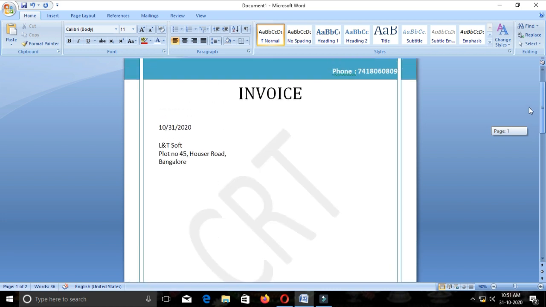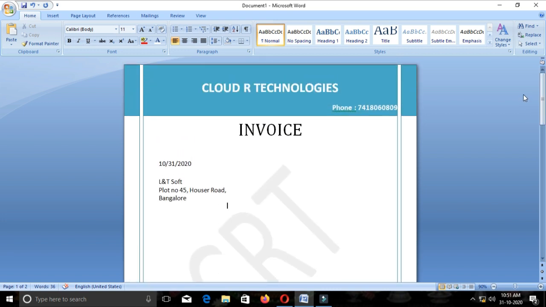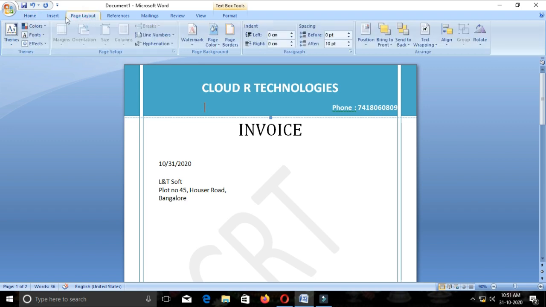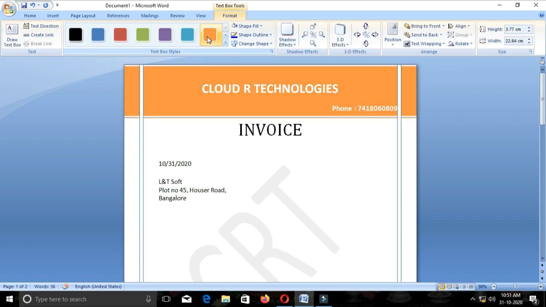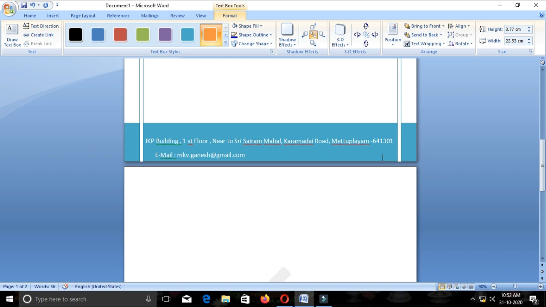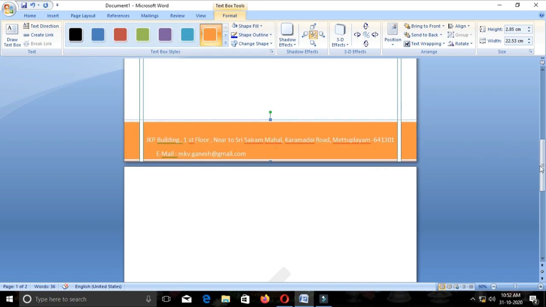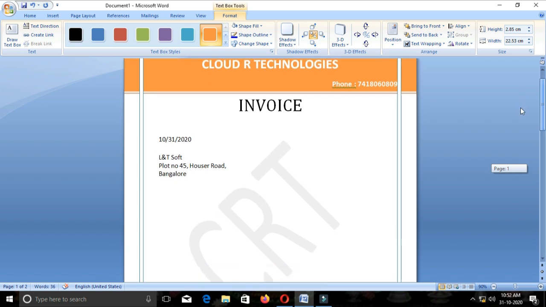Now the letterhead is completed. If you want the header and footer color to be changed, go to Insert, Page Layout, and in Format you can change the header and footer color. That's all. Now your letterhead is ready.